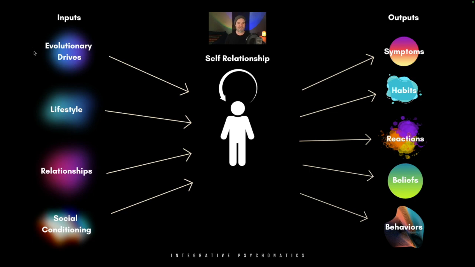The first one here is our evolutionary drives. By evolutionary drives, I mean what you might think of as evolutionary psychology, if you're familiar with EvoPsych. This would be things like our drive for status and our fear or motivation to ascend in a status hierarchy. This would be things like our relationship to resource scarcity. This would be things, I think, even to some degree, our attachment system, so the attachment dynamics, they're probably pre-wired in as evolutionary drives.